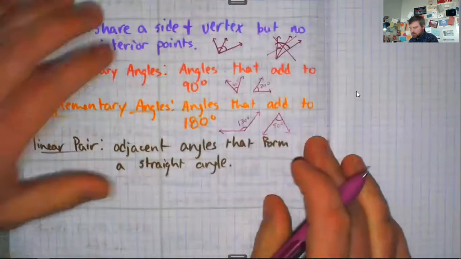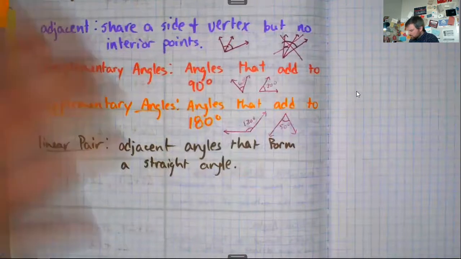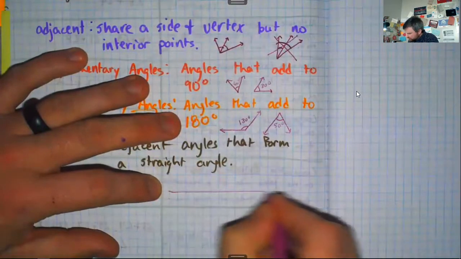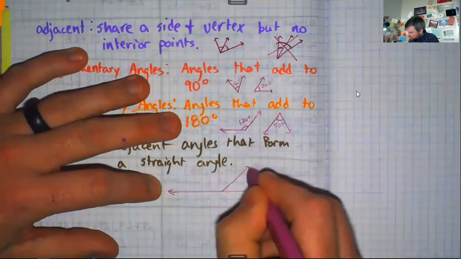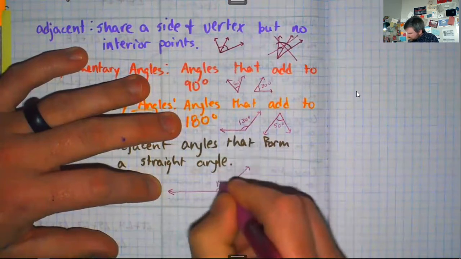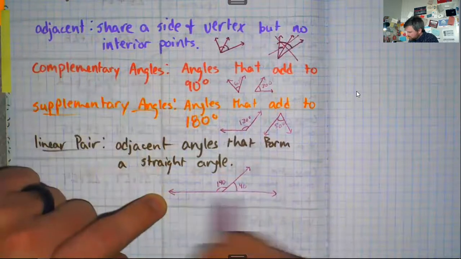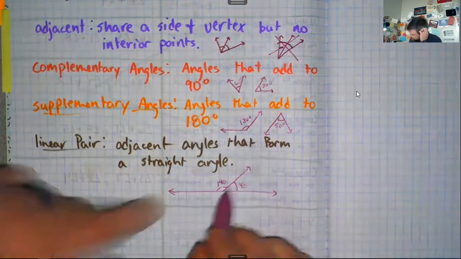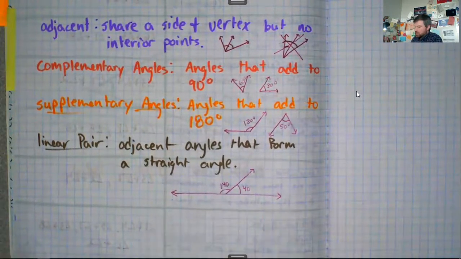And a linear pair is a combination of adjacent and supplementary angles. So it has to form a line. So we'll draw a line, and we'll draw two angles here. So this angle, let's say, is 140. And this angle here is 40. So they form a straight angle. Okay, they add up to 180. They're on a line and they're adjacent. Okay, this is a linear pair because we call it linear pair because it's a pair of angles that form